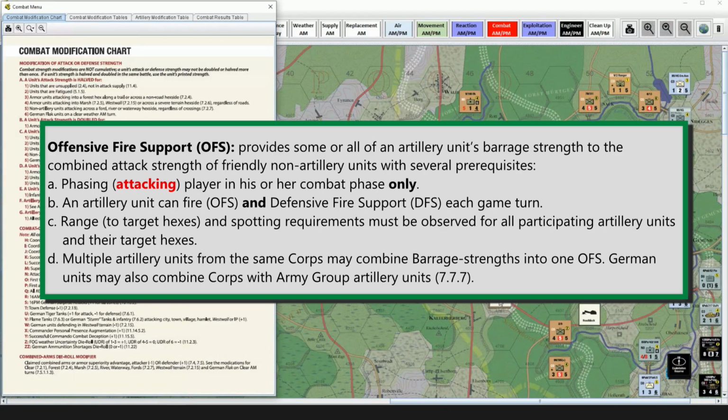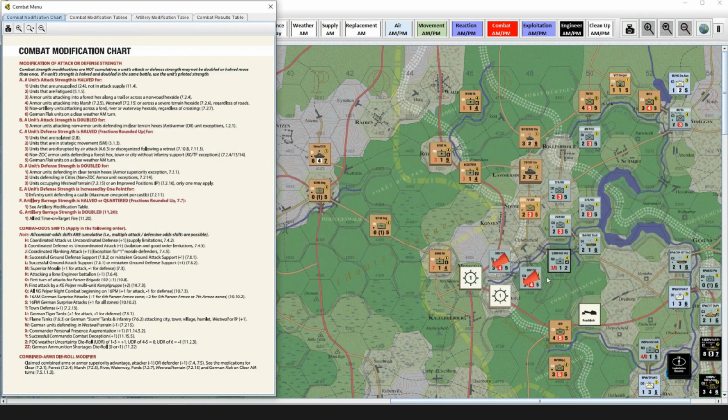Offensive and defensive fire support is on-call missions with some or all of the artillery unit participating in any one time. And that is going to be a slightly lower value for the final result than a pure barrage attack. The range to the target hexes and spotting requirements must be observed for all participating artillery units and their target hexes. As we said before, the range to the target has to be within the range of both or all